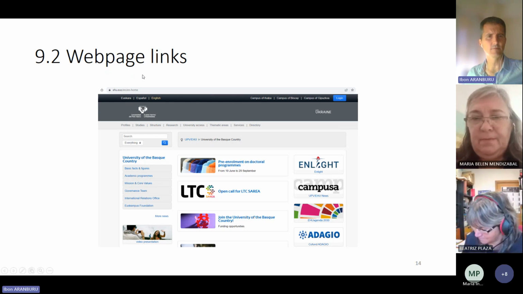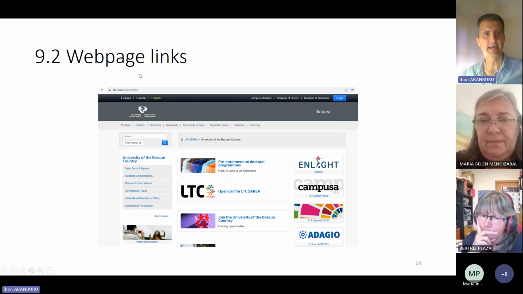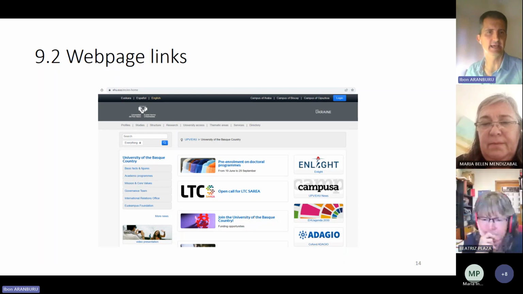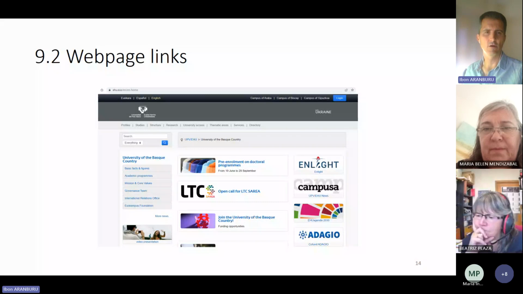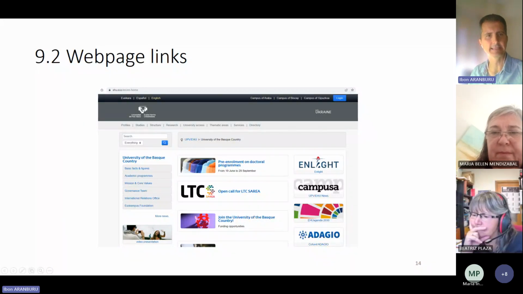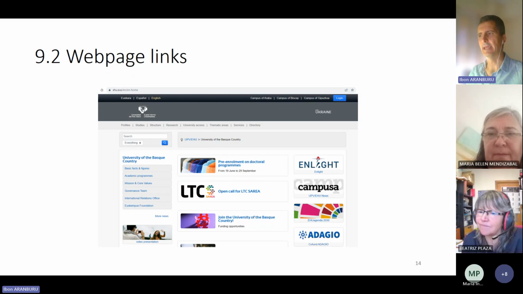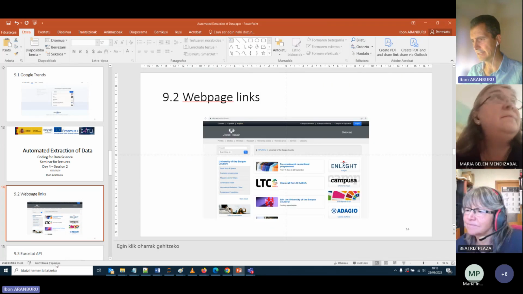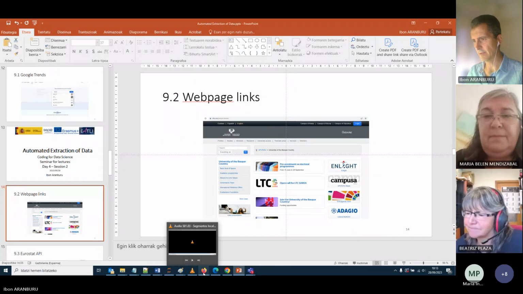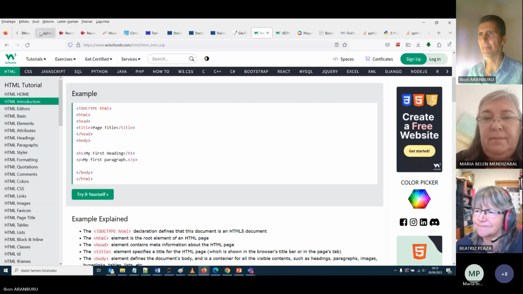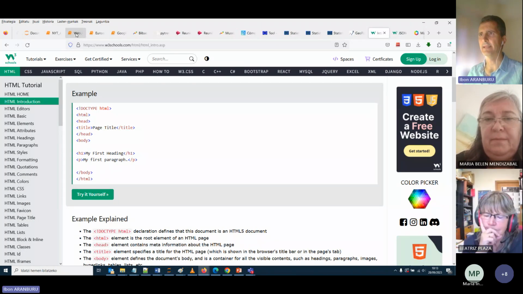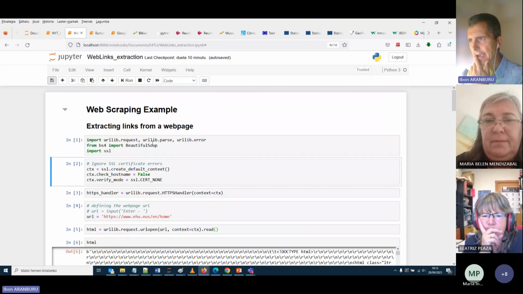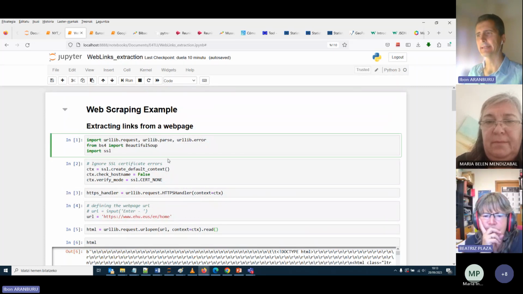similar analysis or extraction of other parts of the web page, such as prices or terms, some specific terms, and so on. Okay, so we can open the file that is the web links extraction notebook. Okay, and we can start